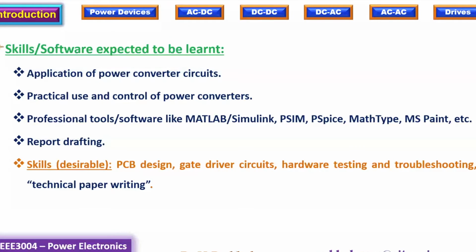That is a new skill that is going to be needed if you are going to get into a core company, and if you are going to be involved in design of power converter circuits and what is called a gate driver circuit. You will be learning these things, of course, hardware testing and prototyping. Those skills are desirable. Definitely, out of 5, you can acquire 4 skills for sure. The 5th one may just take some more time. That's all. Not that you will miss out. You may have to wait for some more time depending on the situation. That's all. Okay.